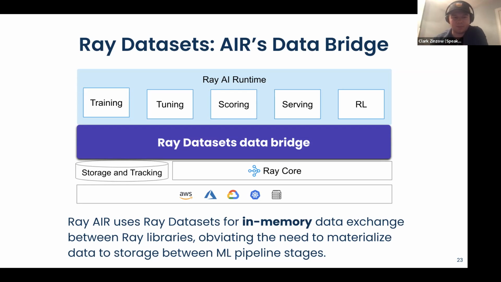For example, Ray AIR uses Ray Datasets for distributed pre-processing for both training and scoring. And that's using these common underlying data formats that we map very efficiently to Ray Core's distributed in-memory object store. And so that completely gets rid of the pesky need to materialize the data to storage between, for example, pre-processing and training or pre-processing and inference.